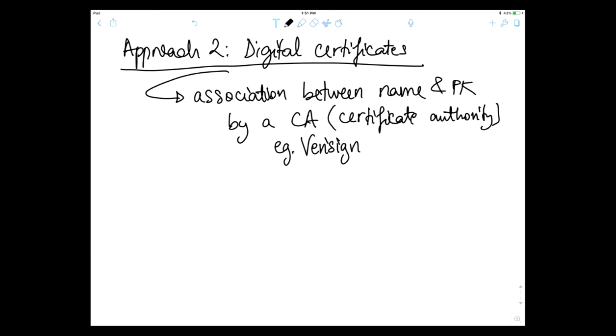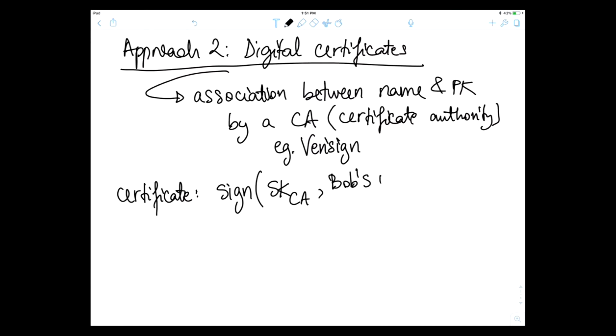Okay? So what forms a certificate? Well, it's a signature. So you have a signature using the secret key of the certificate authority, VeriSign in this case, saying Bob's PK is 0x54 blah, blah, and you also have an expiration date after which this certificate is no longer valid.